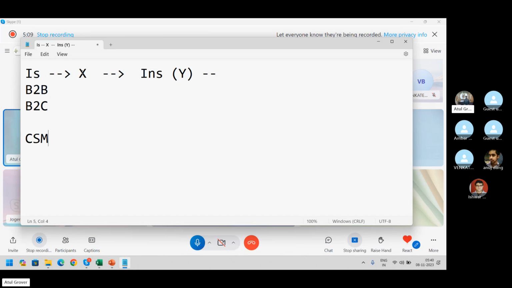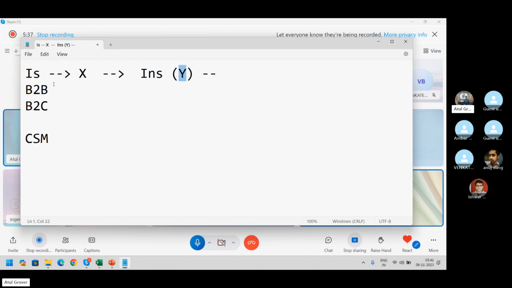Let's say Ishwar has some issue in that insurance policy. What will he do? He will call company Y's customer care. Hello, my name is Ishwar. I want to update my premium amount. What will company Y say? Sir, from which company are you calling? Because company Y, the insurance company, has multiple customers.